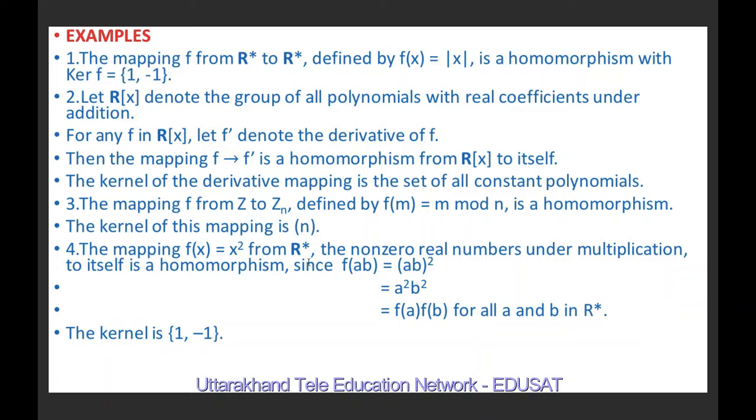Here we have considered the set of non-zero real numbers, because if we include 0, that is, if we consider the set of all real numbers, then that is not a group under the operation of multiplication. So we have excluded 0 from the set. R* means the set of real numbers in which 0 does not exist. It is the set of non-zero real numbers.